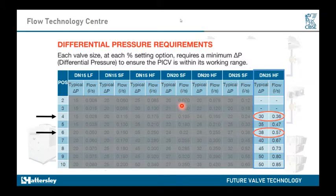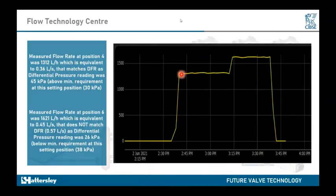So if we move on to the pump graph, what you would see is the setting 4 position here, which is equivalent to 1,312 litres an hour, and minimum requirement of your KPA. And as you can see, with enough pump pressure, it keeps the flow constant. And then this is the adjustment up to the setting 6, which is 1,621 litres an hour or 0.45 litres a second. And if you have enough pump pressure, what you would see is that the valve will hold that